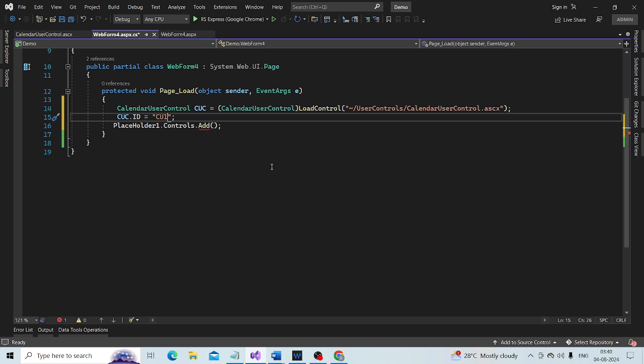For example. Okay, now I want to add this calendar user control.